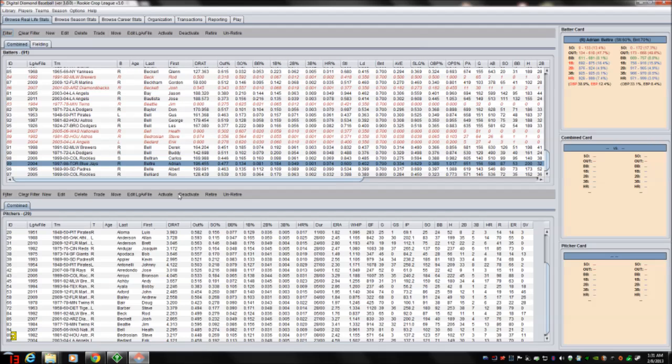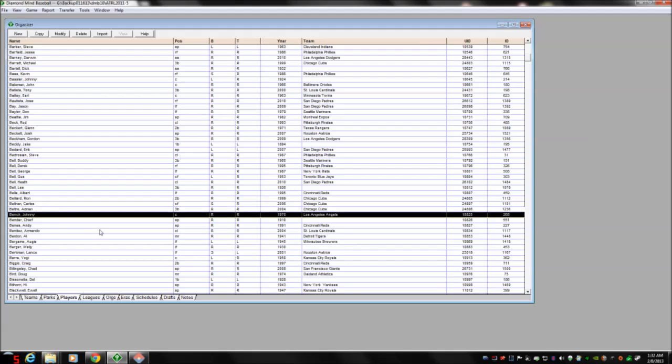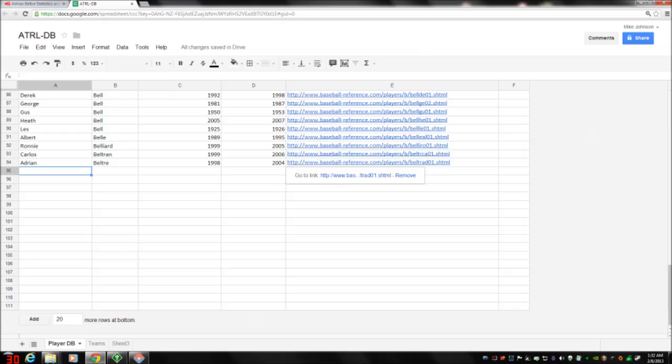I'll show you the process I used to do this, and maybe somebody who's watching this can tell me if I'm doing it right. So I have a database I created in Diamond Mind Baseball version 10. I did the same thing. It took a year or more to do. It's a lot easier in Digital Diamond Baseball version 3. Next player on my list is Johnny Bench. So let's go to my Google Doc, Johnny Bench,